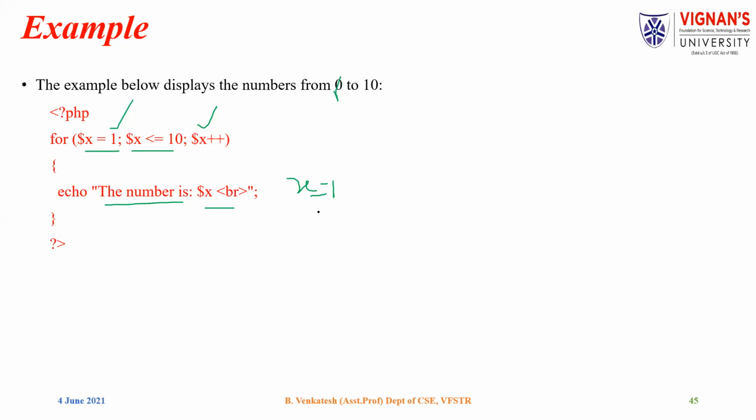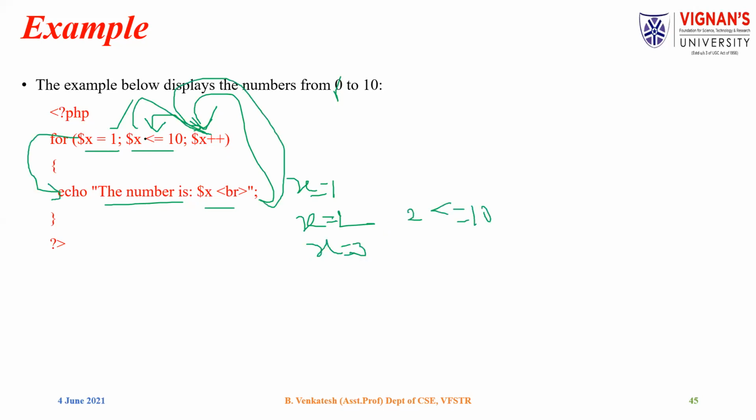Then after that, the control will go to this place. Then x equal to 2. After this, the control will go from here to here. Now the condition is checked, okay. The condition is true, that is, 2 is less than or equal to 10, so it will come here. Then the number 2 is printed. Then x equal to 3. So the control will come here again, and x is incrementing. Then if the condition is true, it continues.